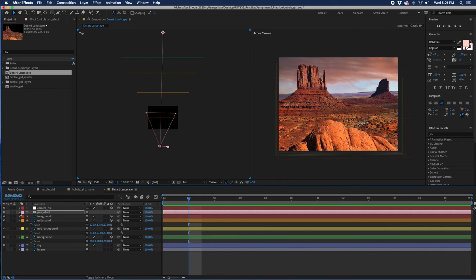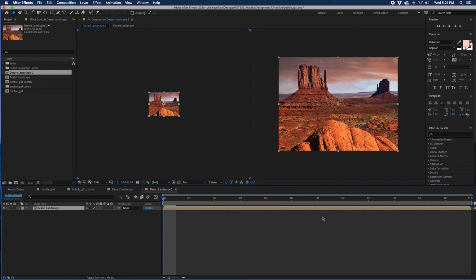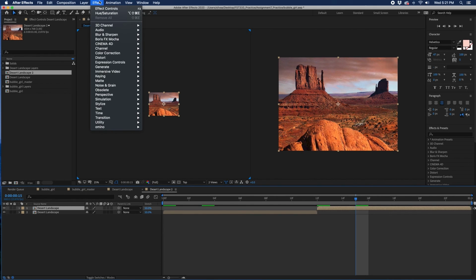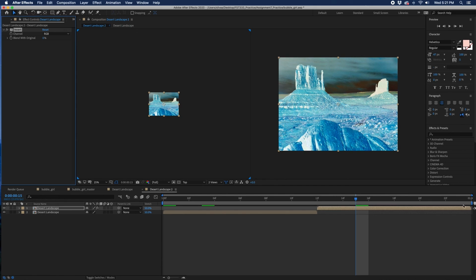All right, so once again, we'll take that desert landscape composition and drag and drop that into the composition icon, and that will nest desert landscape. We'll change the stretch value to 50%, so half the length, and Command D with the layer selected to duplicate the layer, just like we did last time. I select the second iteration of the composition, effect, channel, invert, and again you can leave it like this,